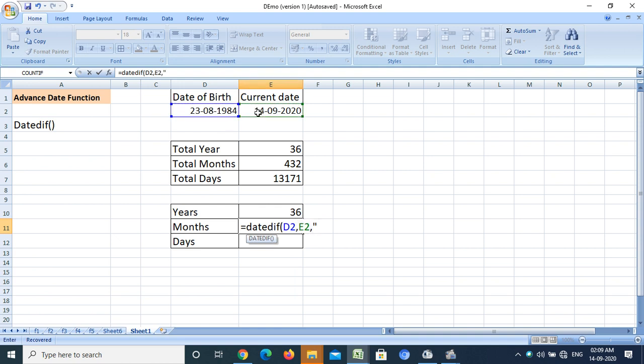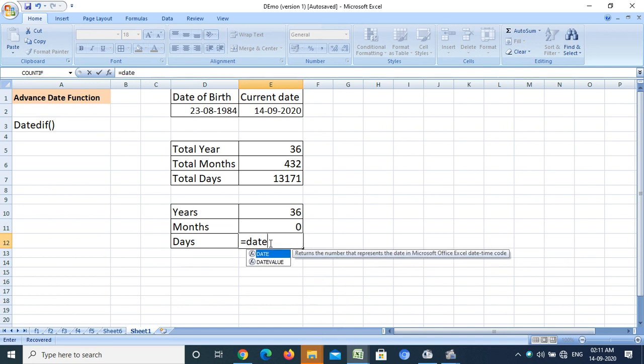Now this time I am going to write YM. Why I typed YM? It will divide the difference with the years, and whatever months will be remainder, it will show the result. Now see, the remainder is 0 in this particular example. That means 0 months. For the date, I have to just press equal to DATEDIF, starting date, that is date of birth, current date, and this time I need to write